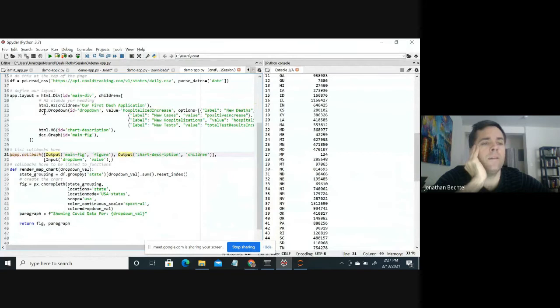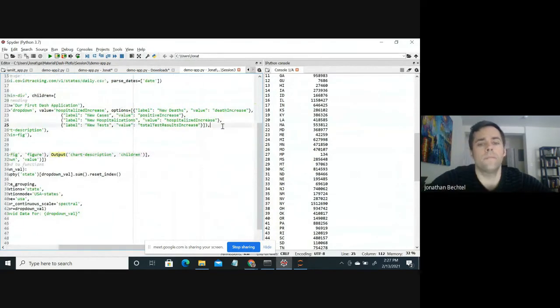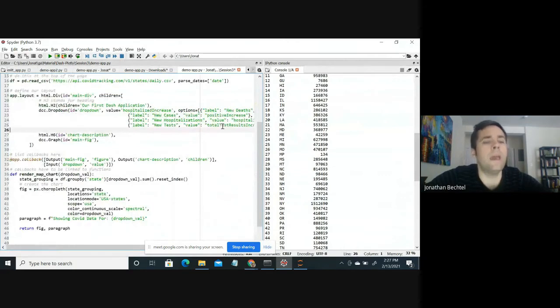So we have dcc.Dropdown right over here. Again, something you should clue yourself into: anything that binds user inputs to the data returned by the application is going to be a part of the dcc part right over here. So in this case, this is a dropdown. This one